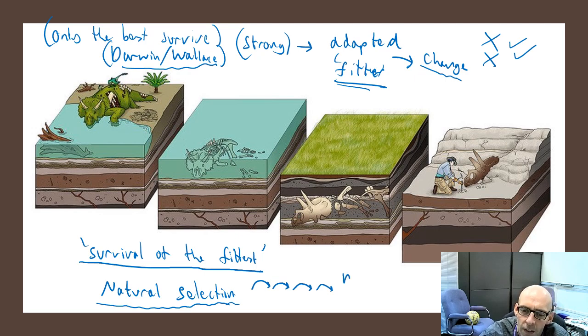But evolution takes time. It takes millions of years. It's a long-term process. You don't see evolution in your lifetime. You see it by looking at the historical record or the fossil record. Which brings me on to the second thing. You need a good understanding of how fossils are made.